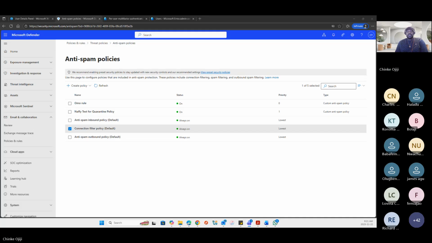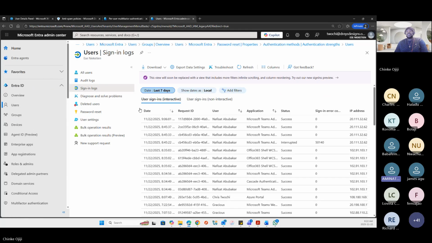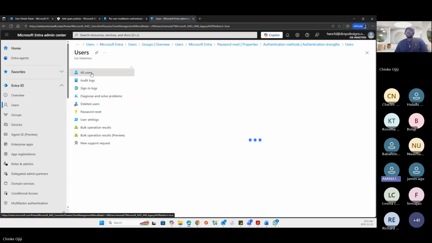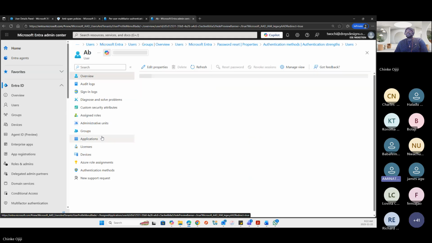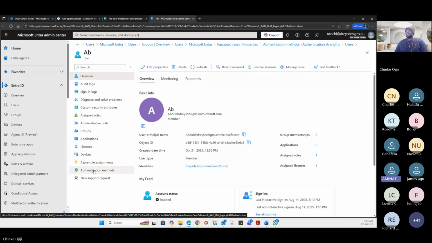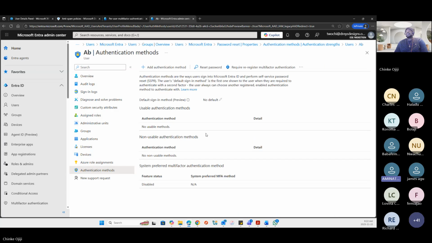Okay, good evening. Thank you for the session. My question is, when you set up MFA for users as an administrator, you're supposed to be able to see the numbers that the user registered. But when you go to authentication, I could see that you can only see the last two numbers without using PowerShell or something. One should be able to see it from the GUI, but you can't see the full phone number.